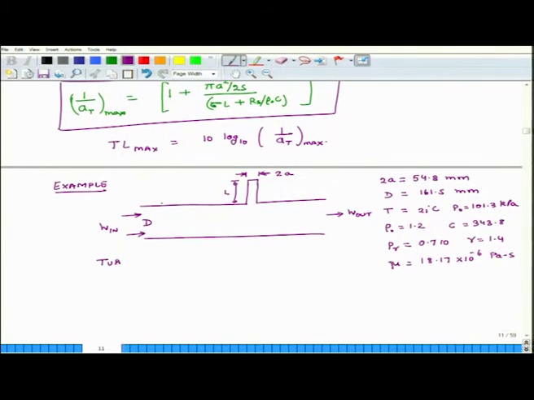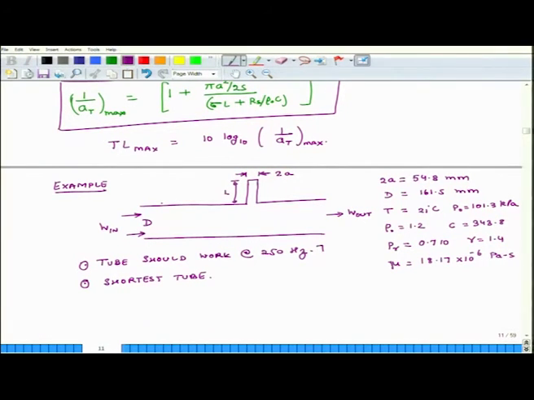And we want the tube to work at 250 hertz. We want the tube to work at 250 hertz, okay, and it should be the shortest tube. We do not want a very long tube, because we can have several values of length. It should be the shortest possible tube.